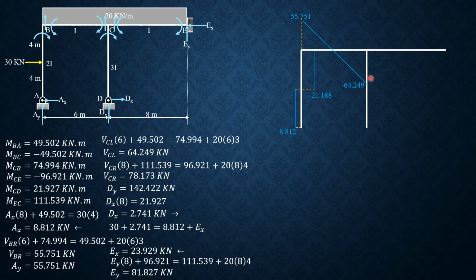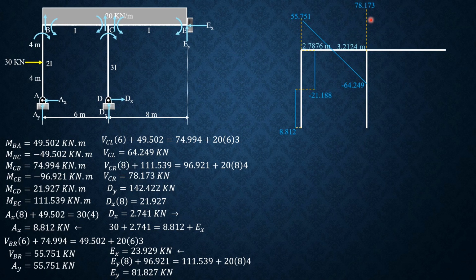Then the distance is 55.751 over 20, 2.7876, or you solve that by similar triangles. So this is 6 minus 2.7876, so 3.2124 meters. And shear at C just to the right is